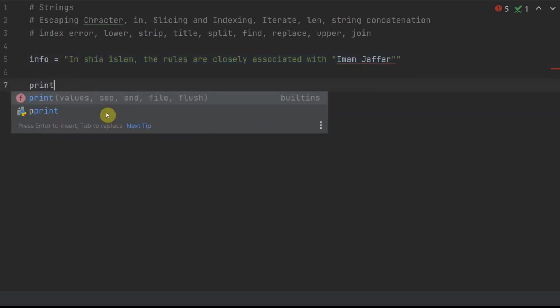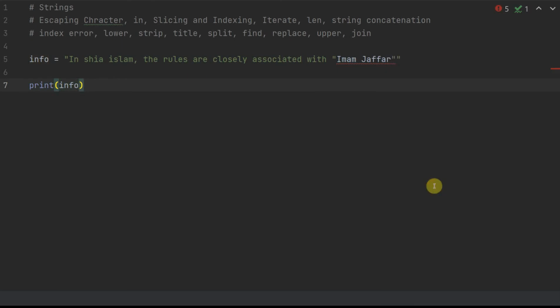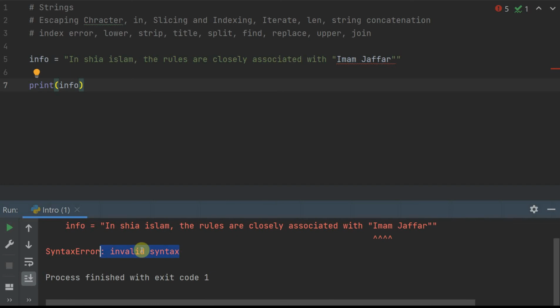Let's print it out to see what it actually does. If I print my info and run it, do you see invalid syntax? And what is invalid syntax? It says this line of info is invalid, and it points out my errors here. That's because Python just starts from one quotation mark. In this case, it is starting with a double, and looks for the very next double quotation mark here. So it technically thinks that your textual information is finished up till this point. But soon after you write another text within the same line, that's why it's confused about what is going on.